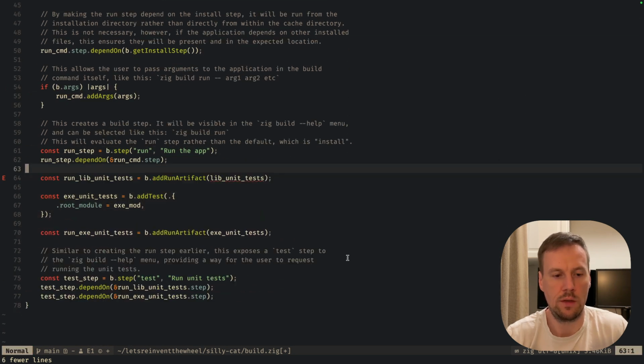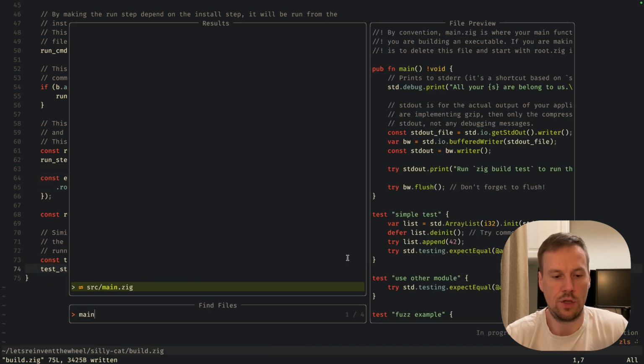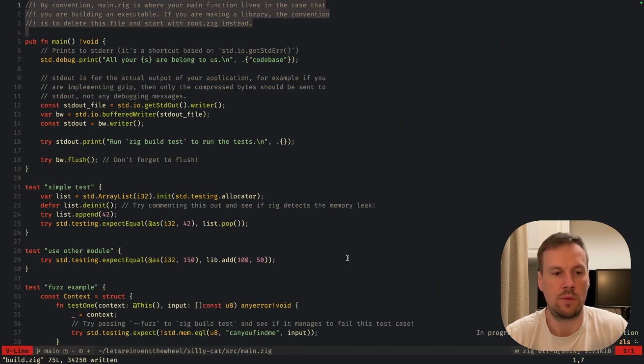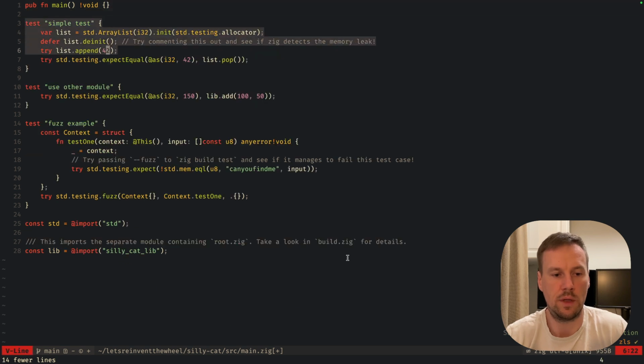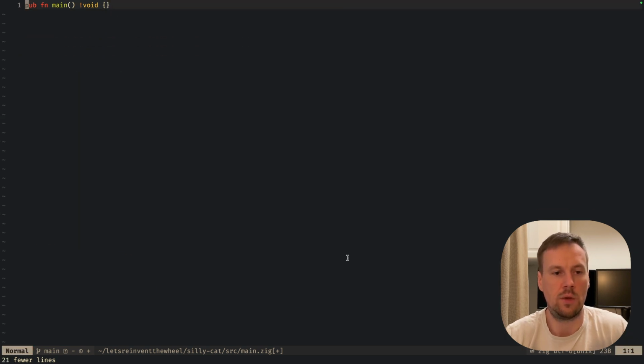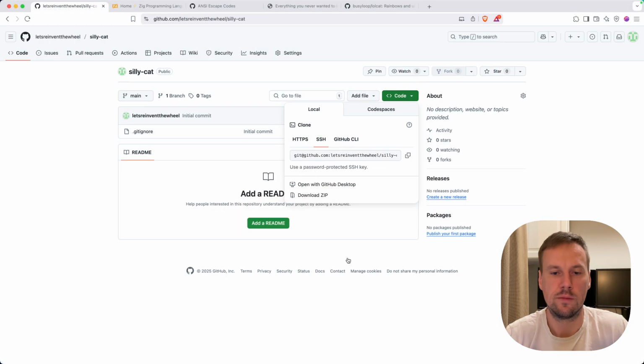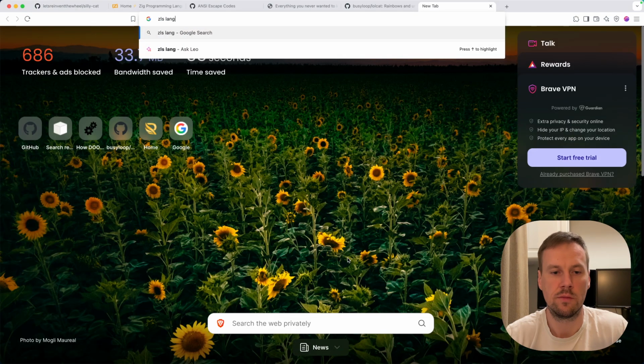And once it's done, we can then jump to main and pretty much clean it up as well. We don't need any tests, any main implementation, and I will move the import of the standard library to the top. Now there is one thing with Zig, is that I use the ZLS language server,